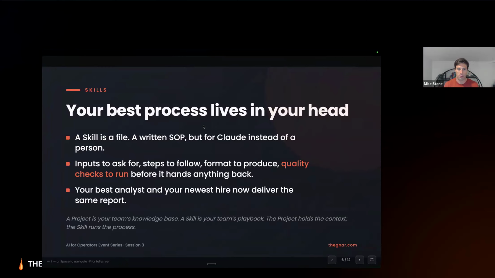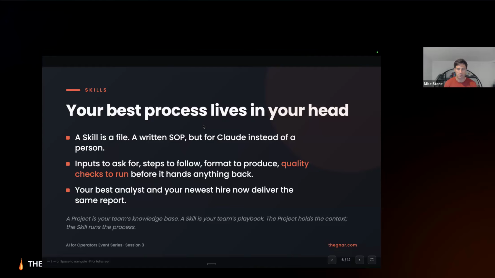And the challenge that people can run into with projects is that there can still be this need to re-explain how the process works, or hand it off to somebody else on the team, and they prompt slightly differently than you and get a different result because of that.